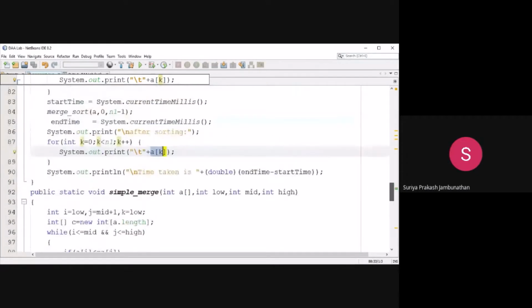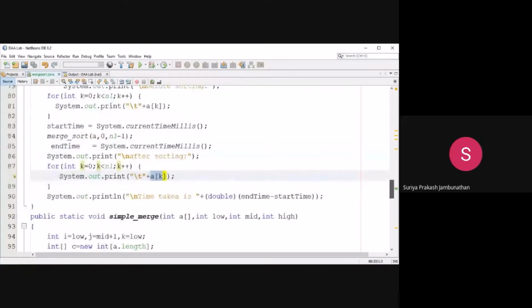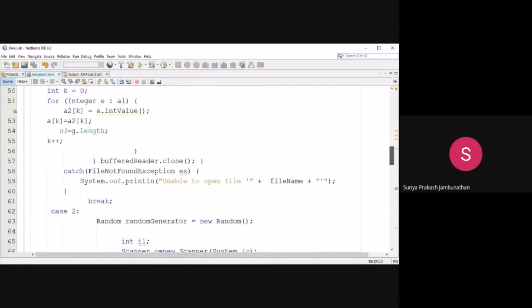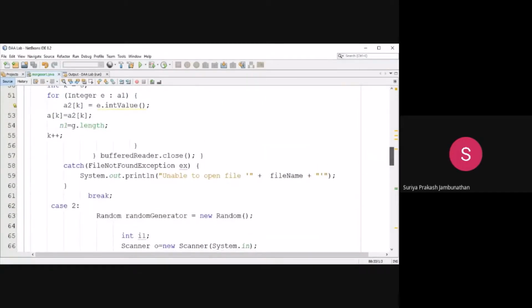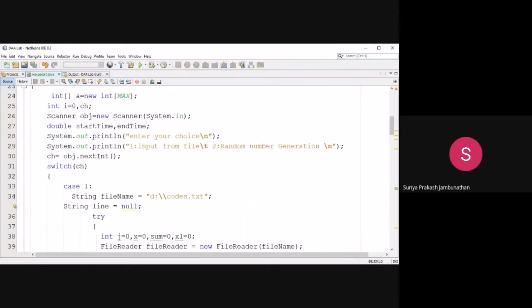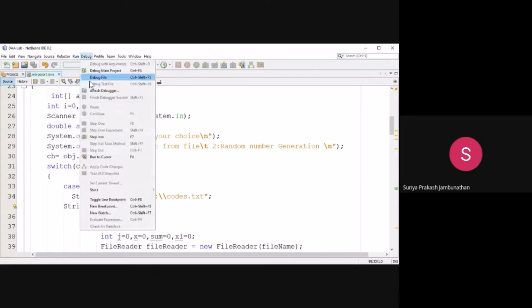This is the same as the procedure we followed for quick sort. Only one extra thing is that we are dealing with a file here. For the file process, if it is possible to open, it will read the file content. According to the file content values, it will do the sorting operation. So let's execute this program and see the output. I'm running the program.